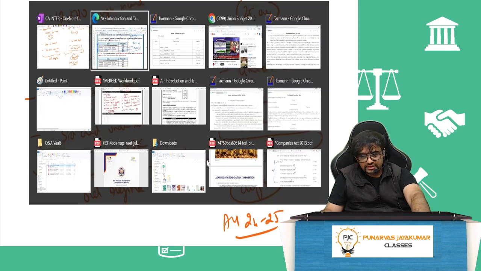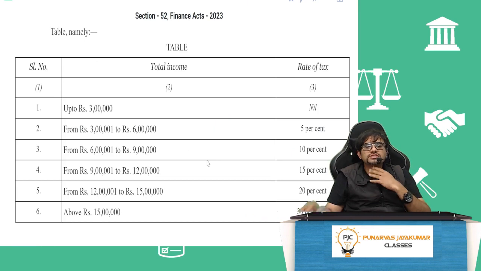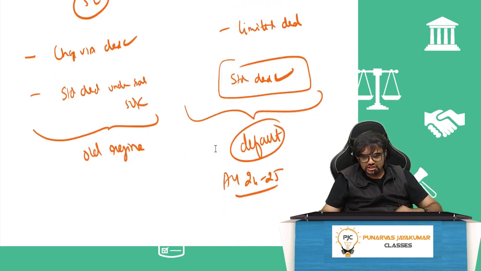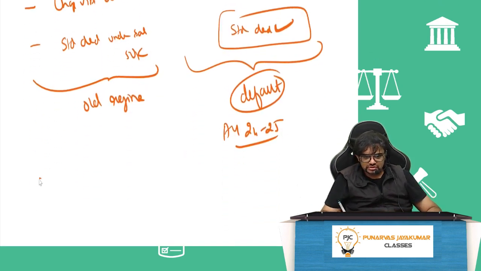So if you see the slab rate in the new regime, it's this. Up to 3 lakh, nil. 3 lakh to 6 lakh, 5%. 6 lakh to 9 lakh, 10%. And one more big change, surcharge. Maximum surcharge is how much, guys? 37%. Here it is